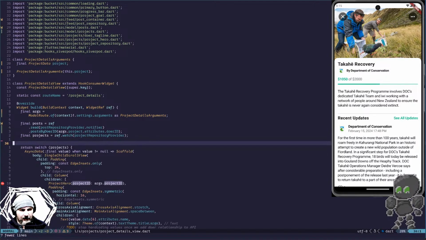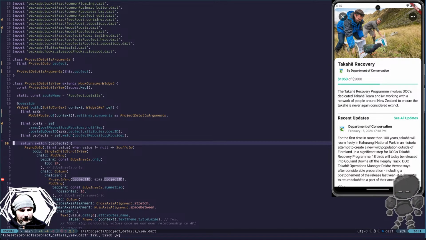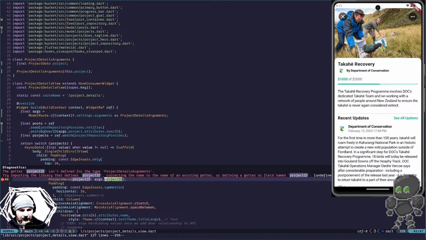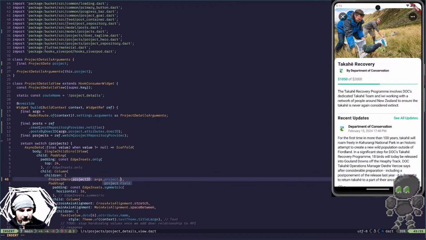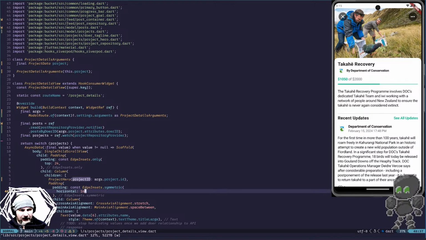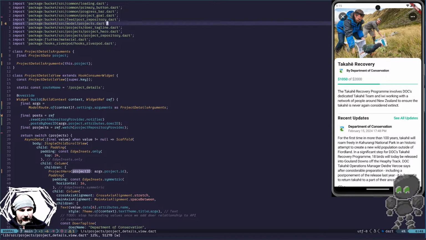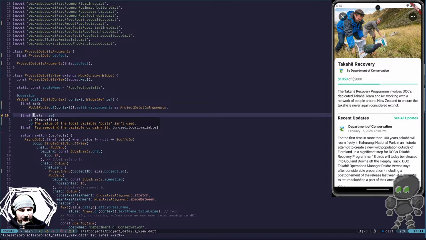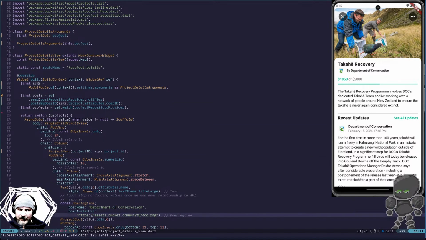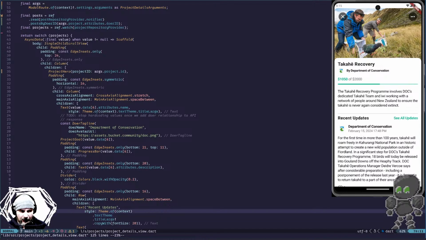We do not need this part anymore. And then we have args project ID, I want to say. Okay, now we're starting to get there. Okay, and then the value of the local variable post isn't read yet, but just wait. It will be. Now we can do cute little things like